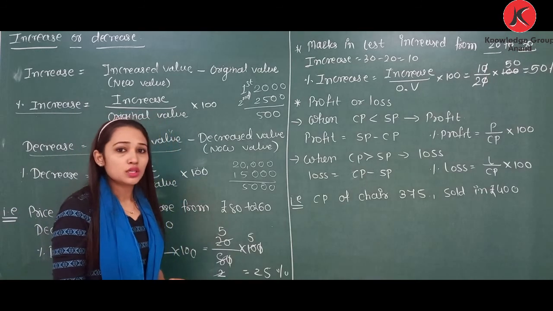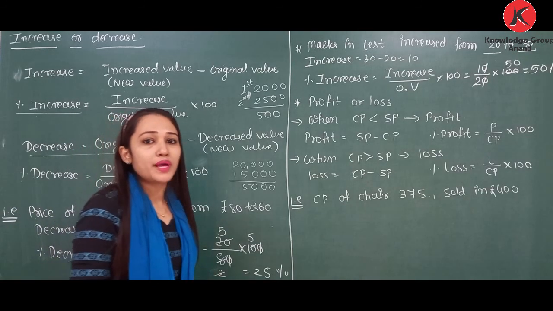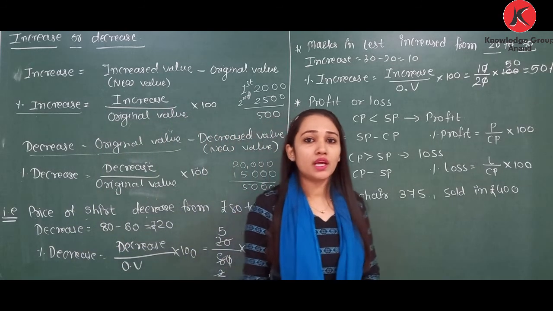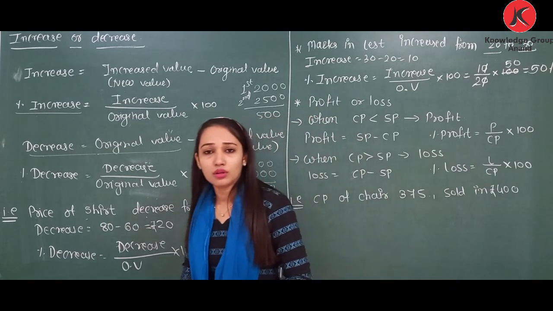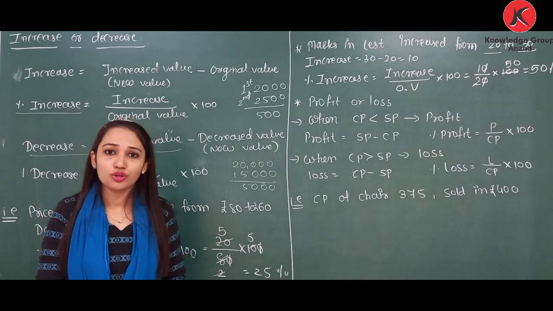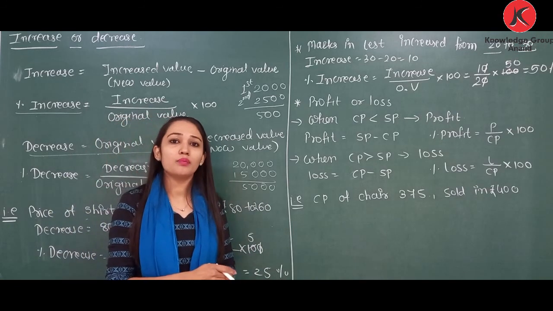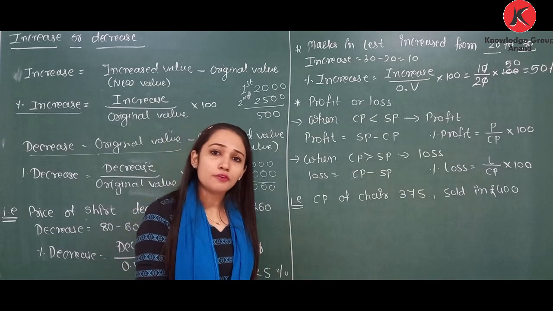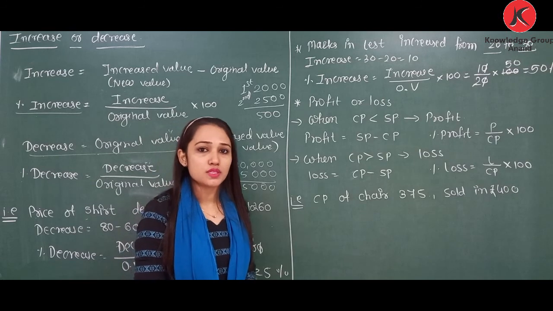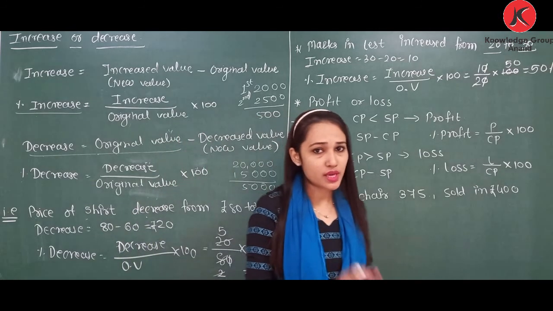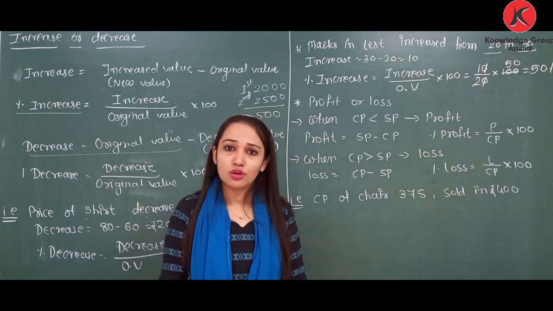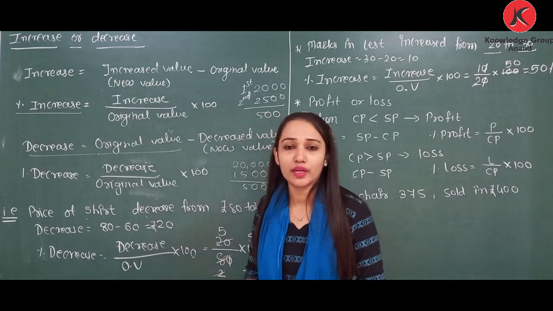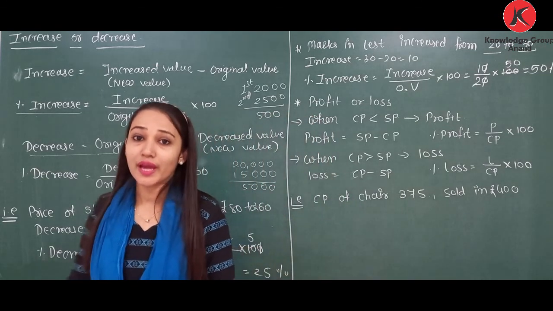After increase and decrease, we also learn about profit or loss. So profit is what? CP is the cost price. Now what is the cost price and what is the selling price? Cost price means whatever money you pay to buy an item, whatever value you pay to buy an item. For example, you want to buy a book and you pay 100 rupees. So that is your cost price. But if you sell that book for 120 rupees, you buy for 100 rupees and sell for 120 rupees, so your selling price is more than the cost price. Buy at 100 and sell at 120 means you get 20 rupees more. So that is your profit.